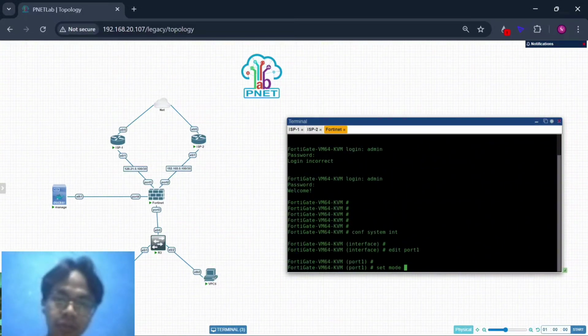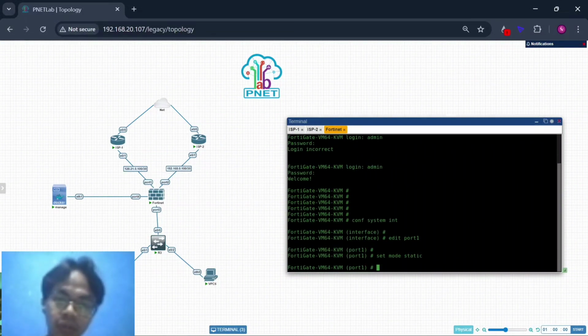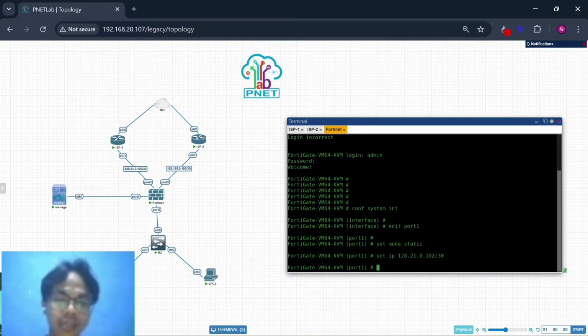Set mode static, this command changes it, because the default for the port is DHCP. And now you can add the IP: set IP 128.121.0.102/30.